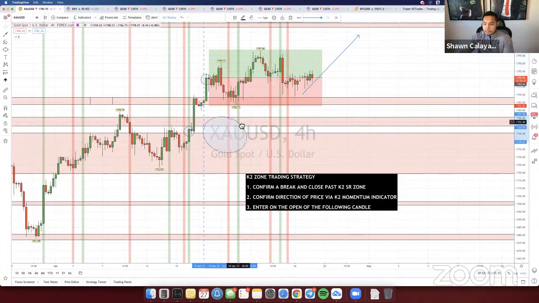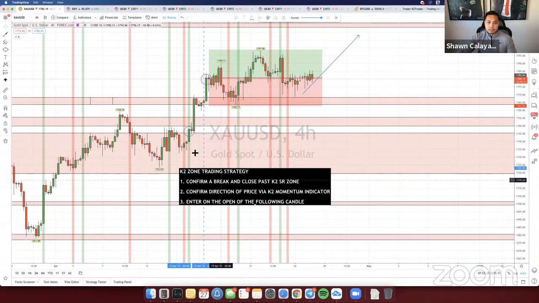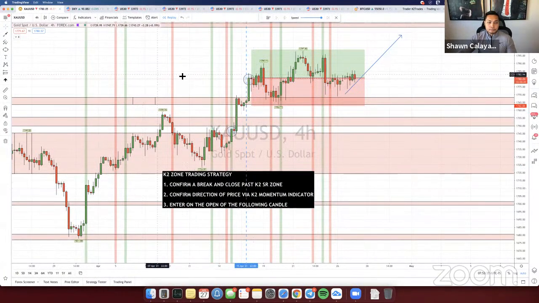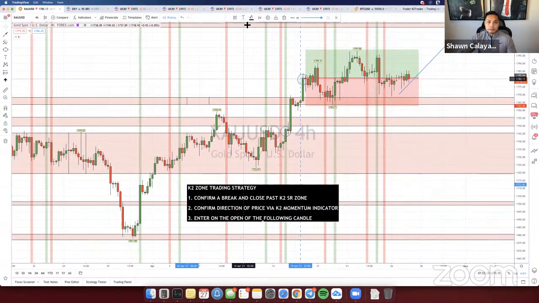And I'll show you another example too. This is for Kalashnikid. You were asking for an example. So this is an example of a trade that's currently running, right? An example of a trade that has already completed would be like this right here. So let me just show you.